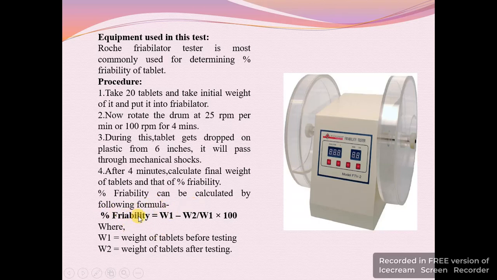This is very simple. Percentage friability: W1 is the initial weight, the weight of the tablet before testing, and W2 is the weight of the tablet after testing. W1 minus W2 is divided by the weight of the tablet before testing, multiplied by 100. So ultimately, you will check the percentage friability, that is how much quantity of tablet or powder is lost. So this is very simple and easy to understand. So I'm sure